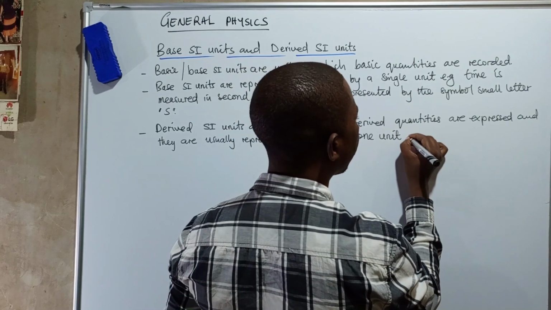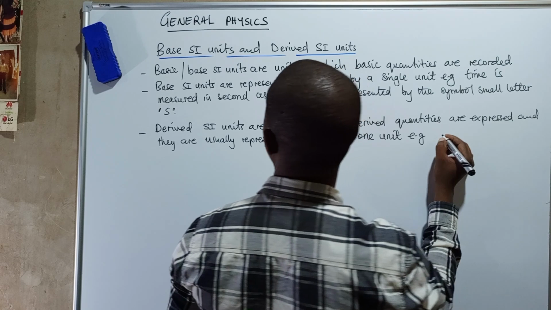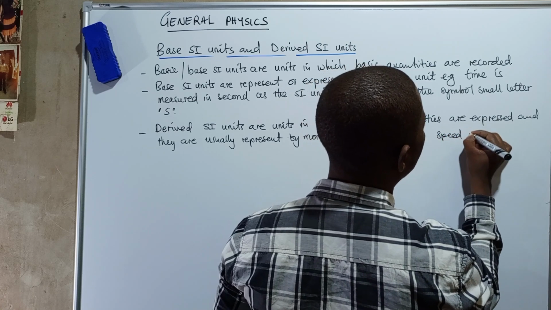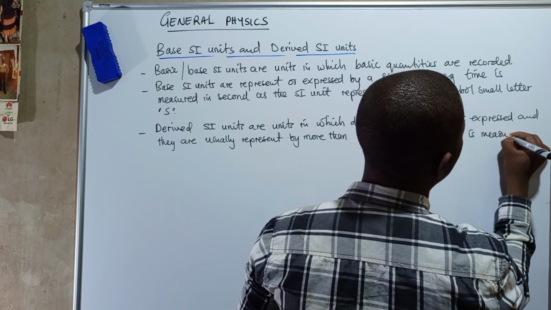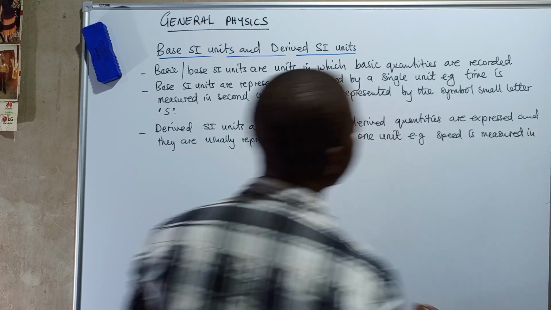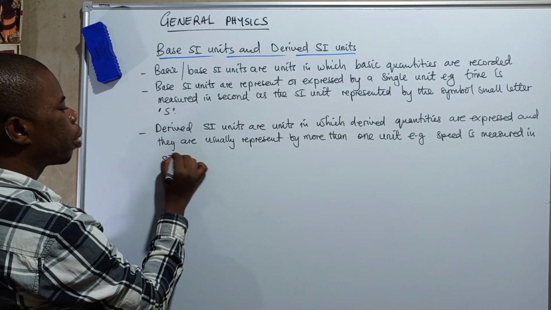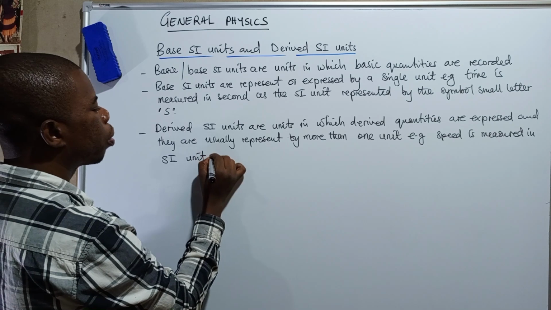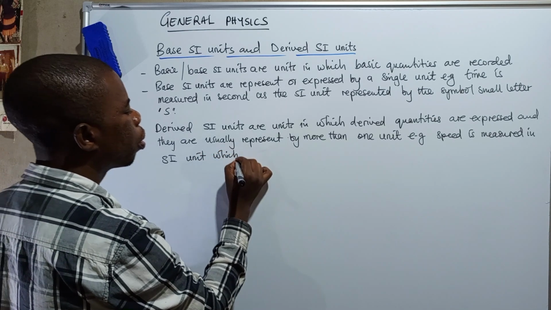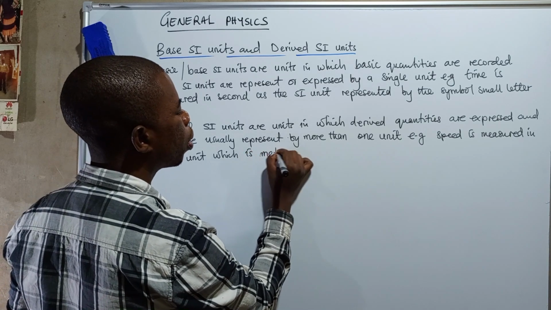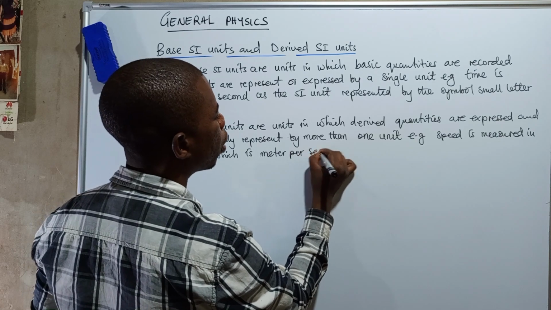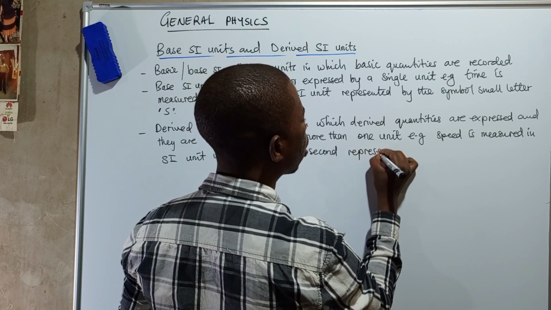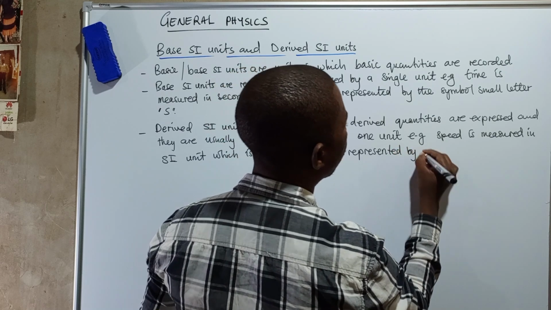For example, speed is measured in an SI unit which is meter per second, represented by the symbol